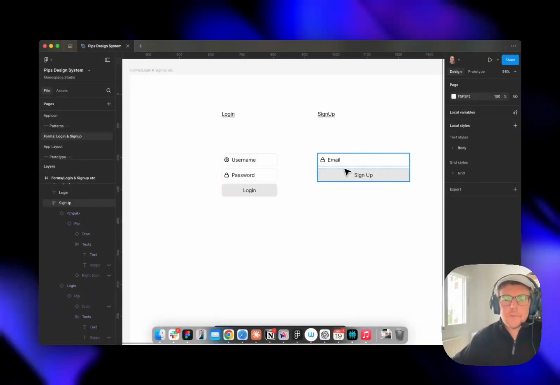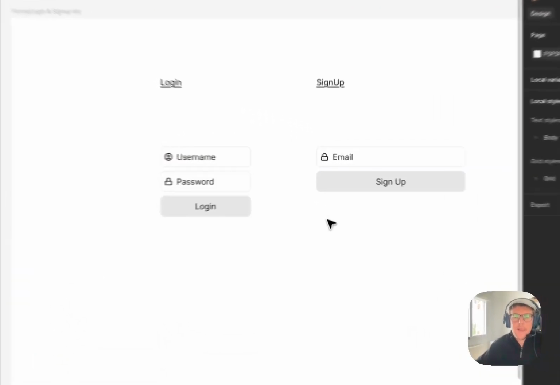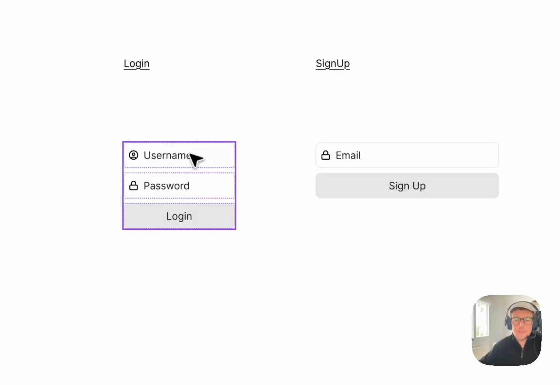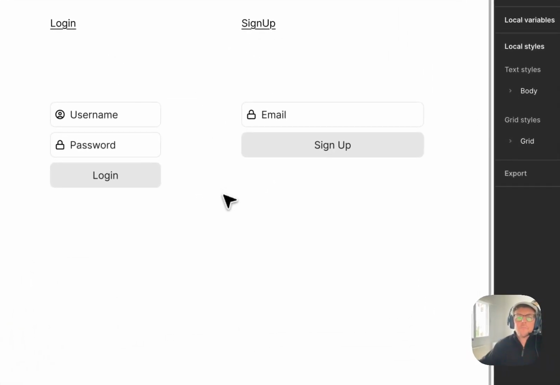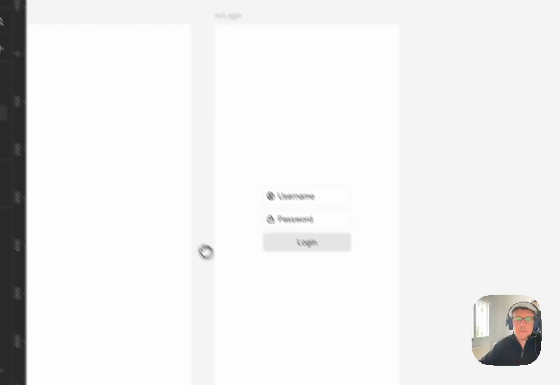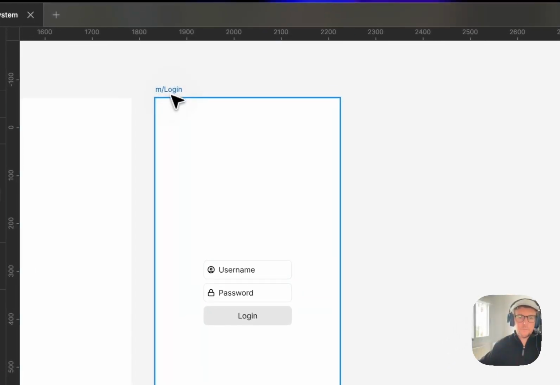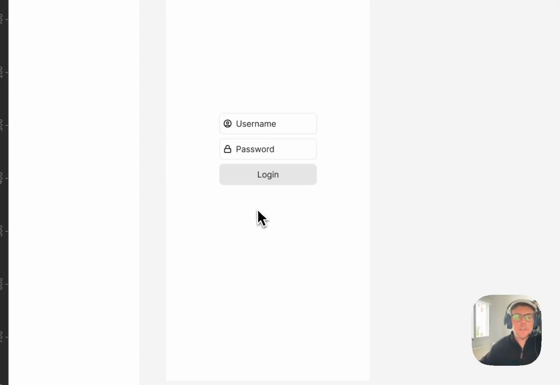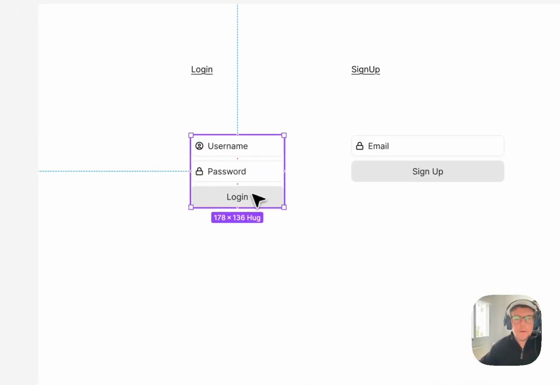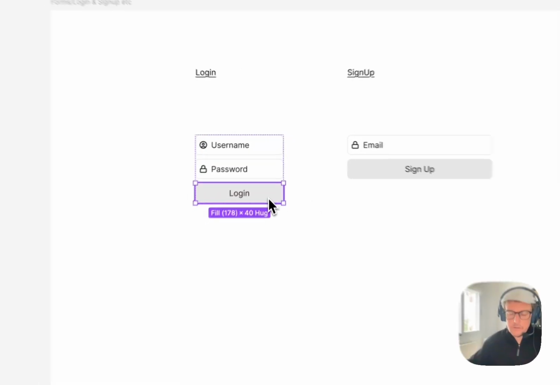So now we have a sign up form, and the email will be okay for now, and then we can come back. We will have our username from the email that will be sent to us, and we'll be given a password to use from the email, for example. Then we would actually be able to log in. But what we need to do now is, in our login page, there's no way to get to the sign up form, so we definitely have to add that link in here somewhere. Let's go back to our form, and we're going to have to add a link here somewhere. Now we'll do this below the login for now,